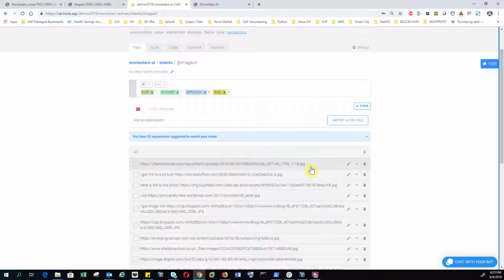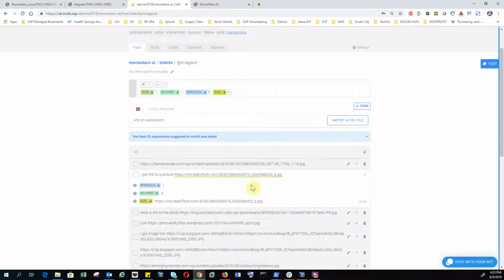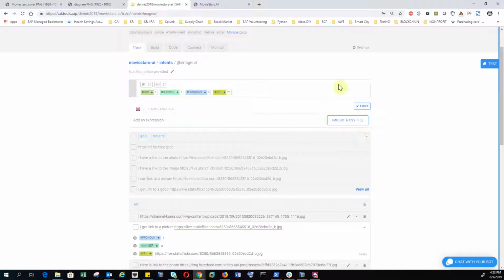It can be simply the URL link, or you can say something like, I got a link to a picture with this link. And whenever I train this intent, I always get the URL marked as a URL entity. And this is important for my bot to recognize what is being inputted and then respond accordingly